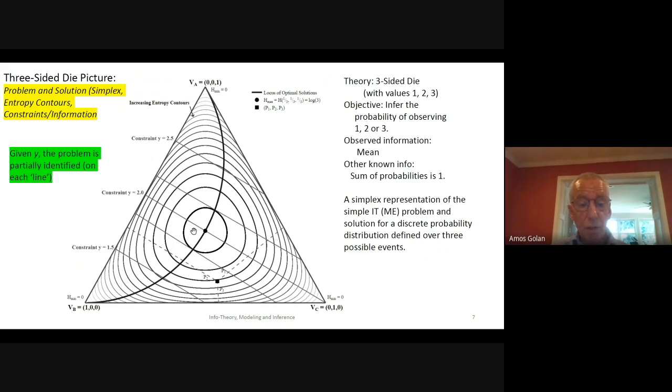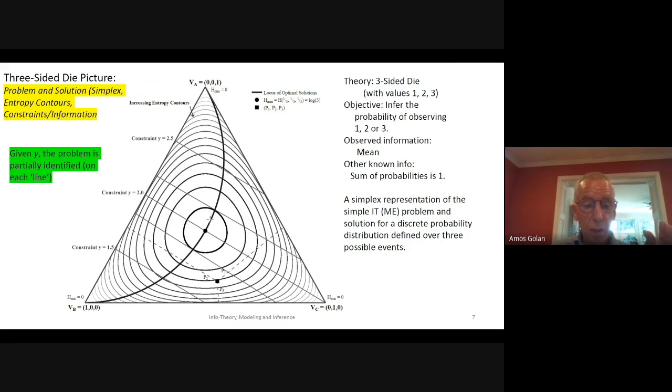So the decision function, I'm writing it here as the contour, or I call it the Shannon entropy contour. Let's start with this one. Each point on this contour here has equal entropy value. The same thing here. Each point on each one of those contours, or you can call it an indifference curve, has the same value. It's not a circle and it's not an ellipse, it's just the entropy function. So each one here has exactly the same entropy level.